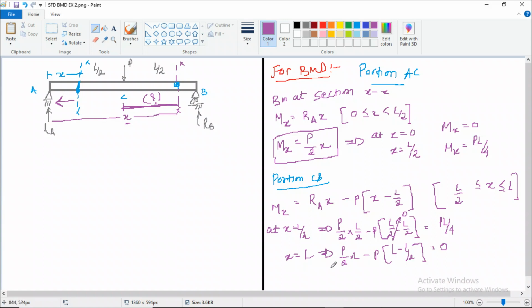So bending moment at point B, this will be moment at point B, and this will be moment at point C. In above case, this will be moment at point A, and this will be moment at point B, because as per the point distances, we have put up the value of x in both of the calculations. So now we are ready with the calculation of bending moment at all the points.